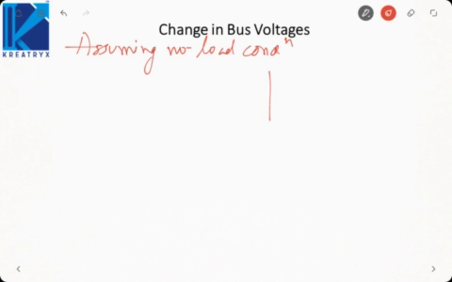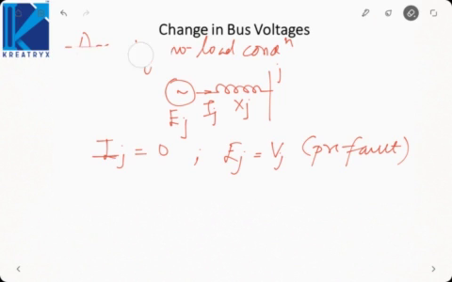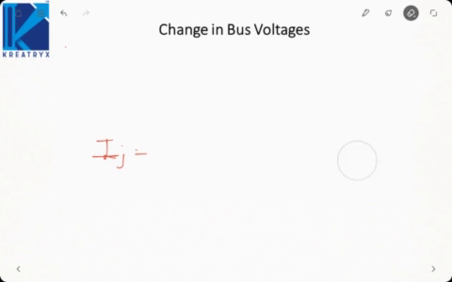That is, let me say that there is a bus j to which a generator is connected with subtransient reactance Xj and EMF Ej. Now the current Ij will be 0, due to which Ej will be equal to Vj pre-fault, that is before the occurrence of the fault. So the induced EMF is actually equal to the old values of the voltage before the occurrence of the fault. Now when the fault occurs, then the bus voltages will change. How they will change is,